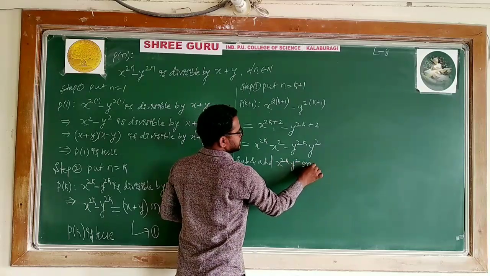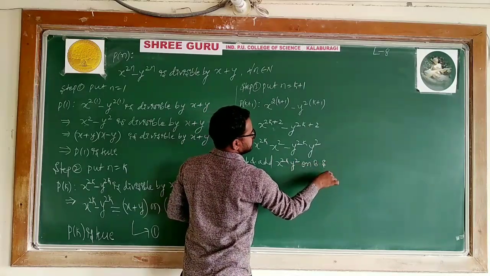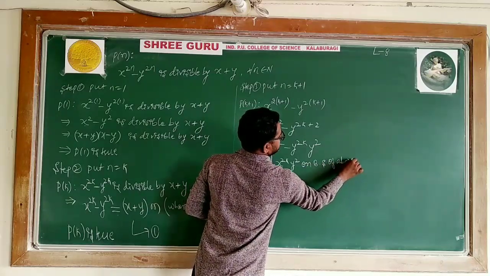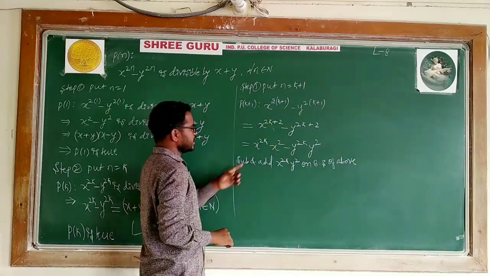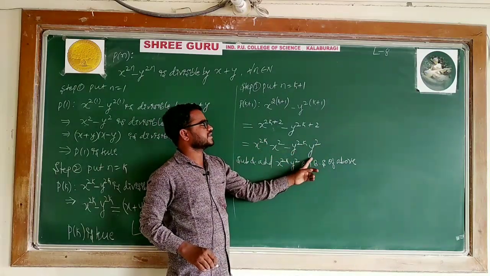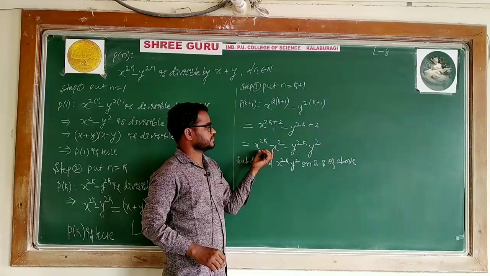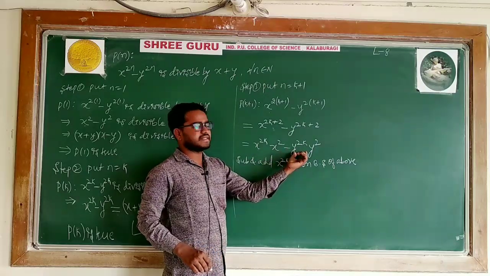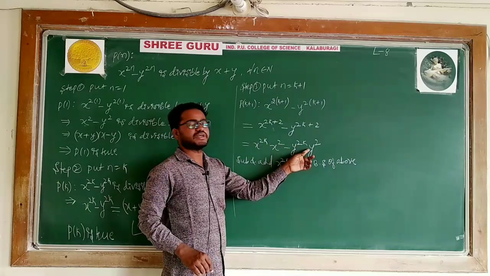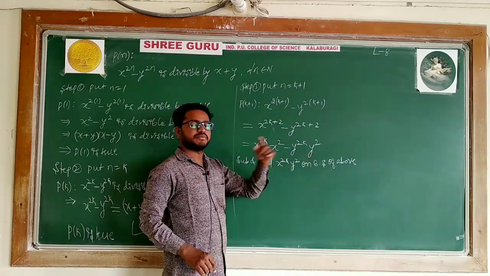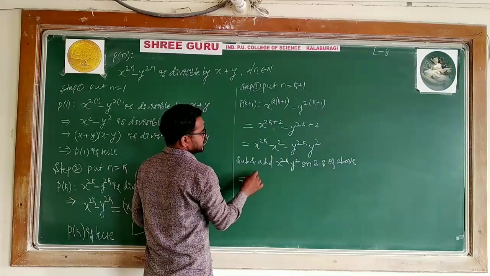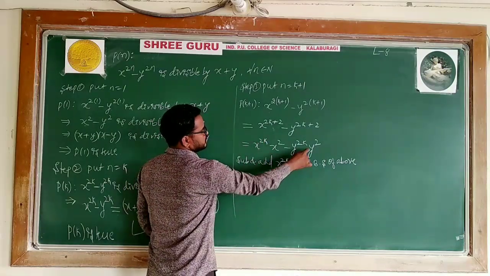on both sides of the above step. Okay, x to the power 2k I took from this and y square. I said you collect one term from this and another different term from this. When you are saying x to the power 2k, you take y square from this. In the previous problem also I did like this. So now x to the power 2k I took from this, y square.